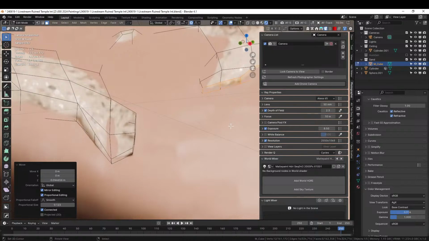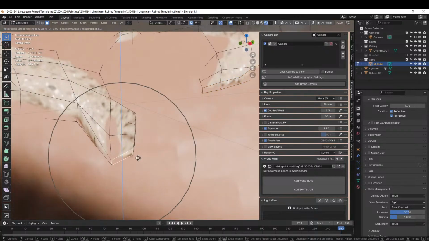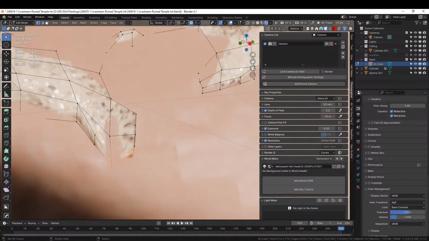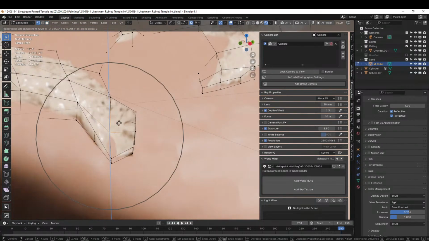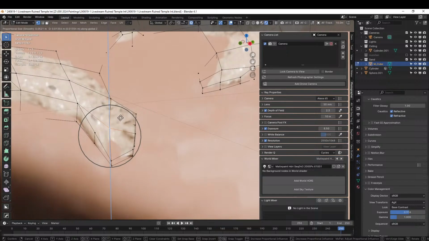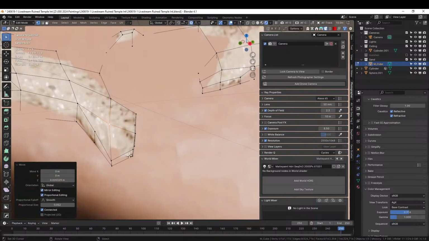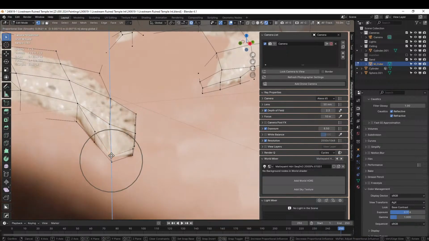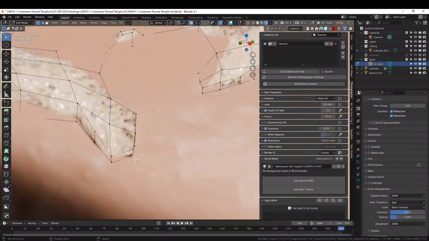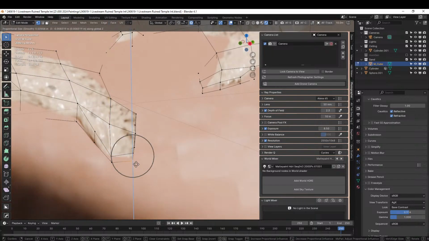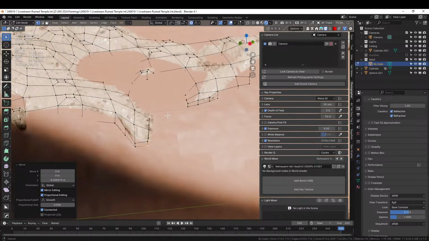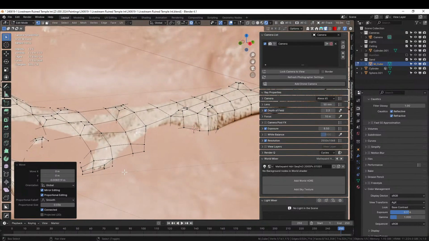That's better. That back up. Get really precise, obviously, if you want to. I don't know if you want to, but